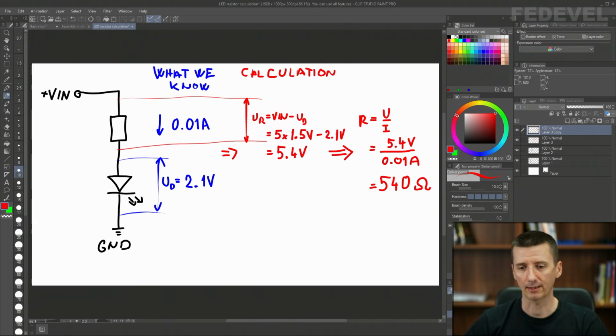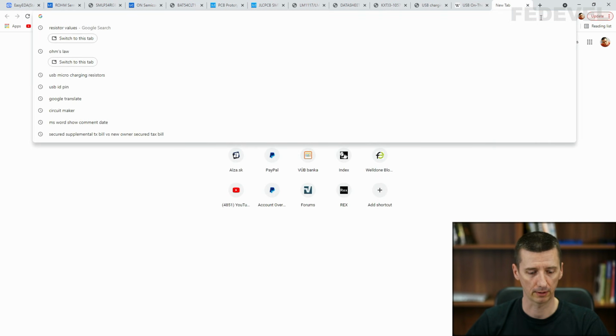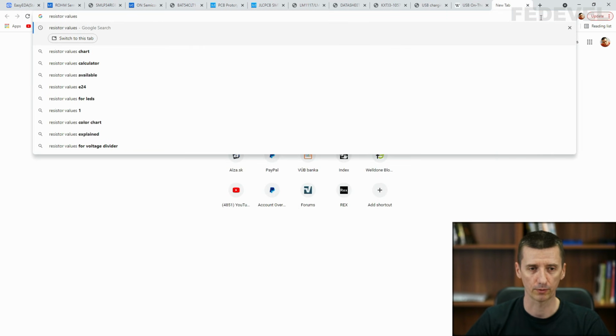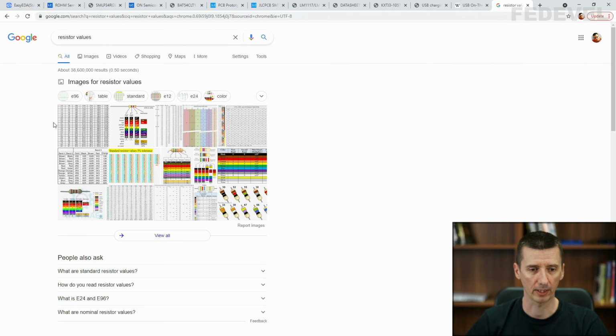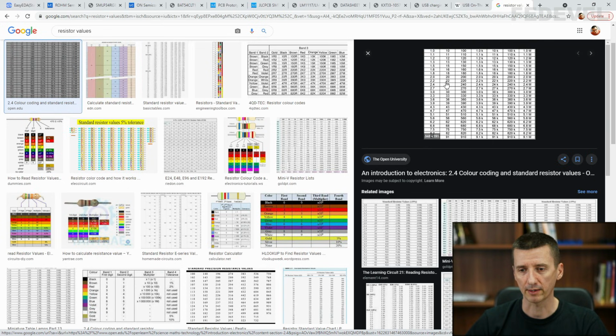Based on this calculated value, we would like to find our resistor. So what you can do, you can search for something like resistor values. I'm going to click on this table, and in this table you can see the basic standard resistors what you can normally buy.